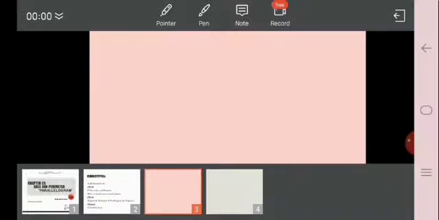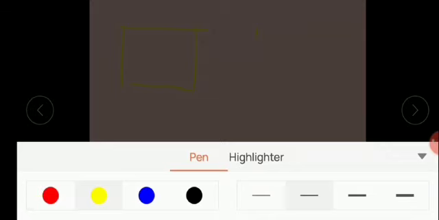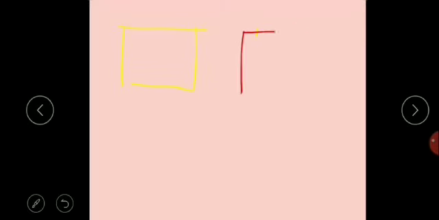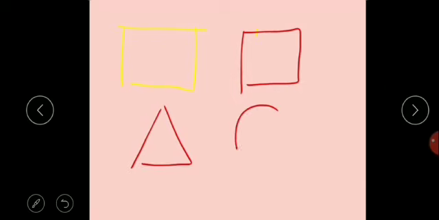So you all have learned about different shapes. You might all know that we have a rectangle shape, we have a square shape, we have a triangle shape, we have a circle shape, and so on. Other shapes are actually made up of these shapes, which we're going to look at today, that parallelogram and trapezium. You will explore that they are actually made up of any one of these shapes.